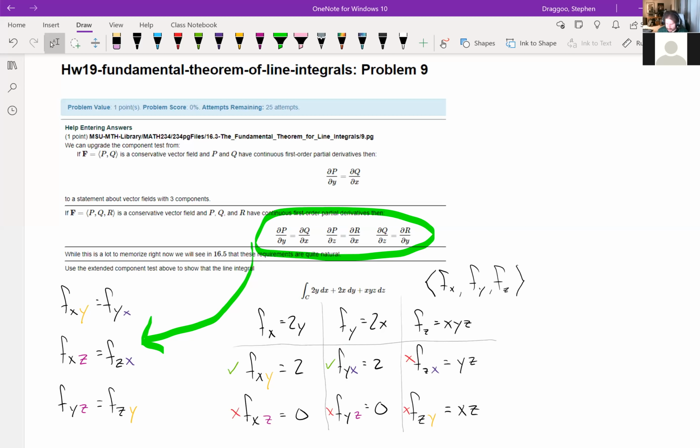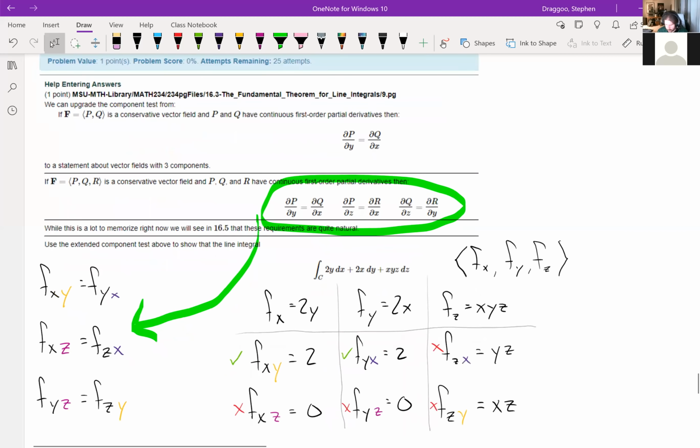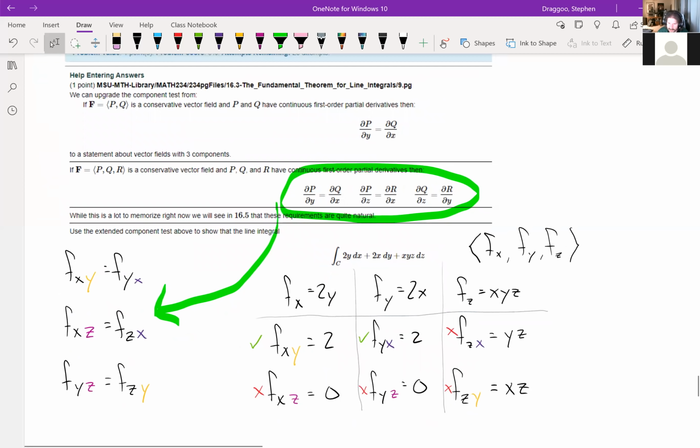It's going to make more sense, I think, when we do more sections in chapter 16, but we're pushing that off until after exam 3. So let's see if we can just get a decent enough look at it right now. So if we're looking at the first one, when we say P partial y needs to be equal to Q partial x, it helps to remember that P, Q, and R, which are all the